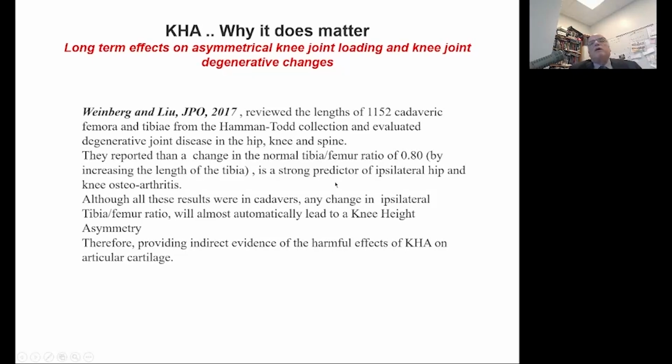Essentially what he found is that the normal ratio between tibia and femur, normally 0.8, if that changed, then it's a strong predictor of ipsilateral hip and knee osteoarthritis. That was studied in cadavers, however, it was the first study that showed really that on the ipsilateral side, if the normal ratio changes, then it predisposes to